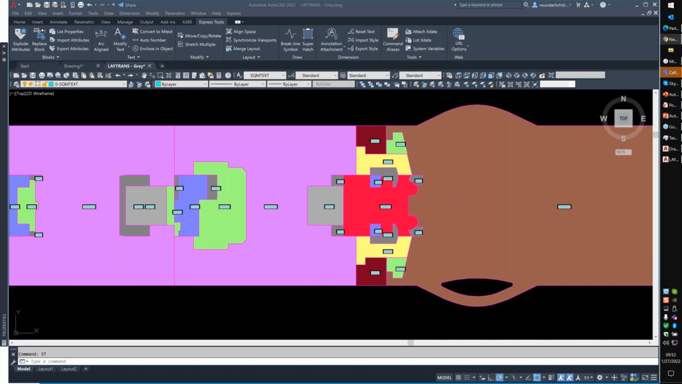There's a way to create the import and export of the settings for Map 3D and Civil 3D. So if you do not have the import and export settings, you will not have that in Map 3D or Civil 3D. You can create those icons